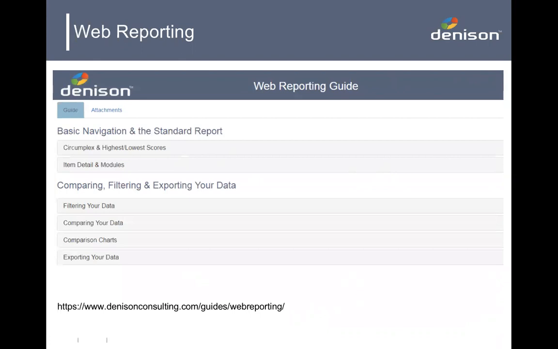We continue to work on developing web reporting capabilities so that all of our clients have access to their results anytime that they want, but that we still, of course, hold on to the data and protect the confidentiality of responses. So our web reporting tool is a way for clients to get quick and easy access to their own results anytime that they want.